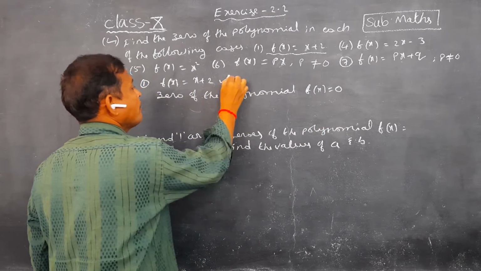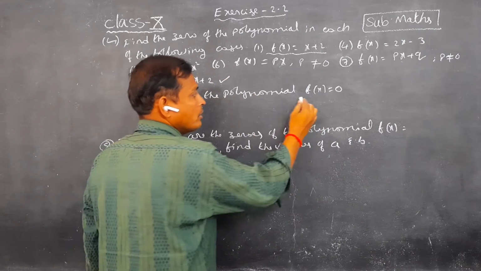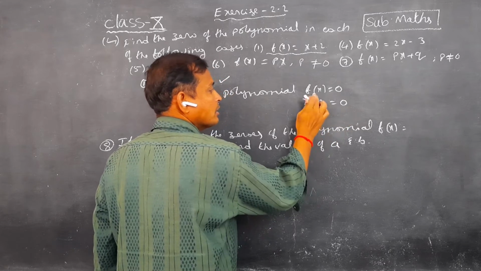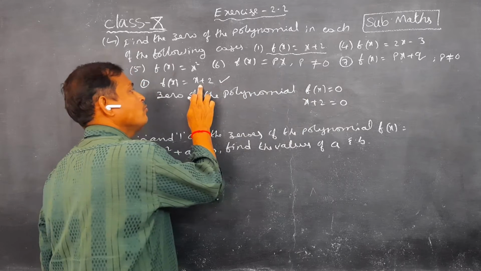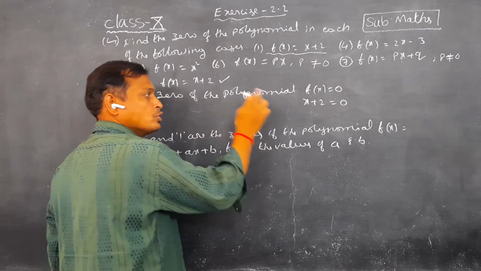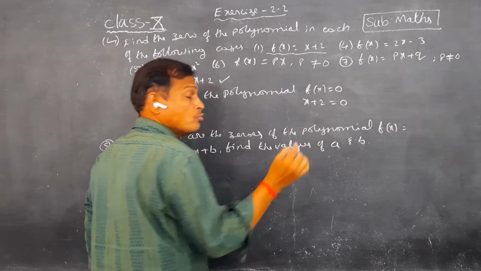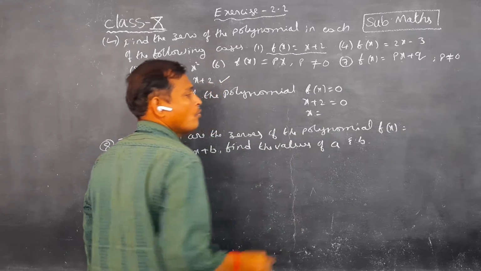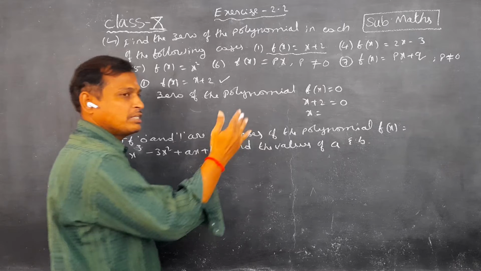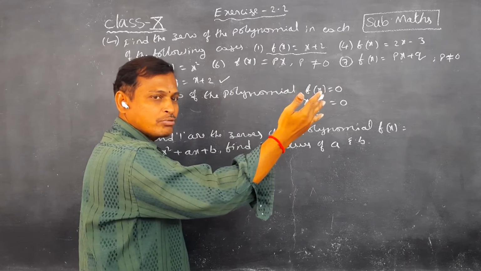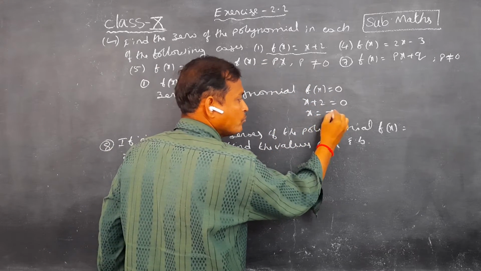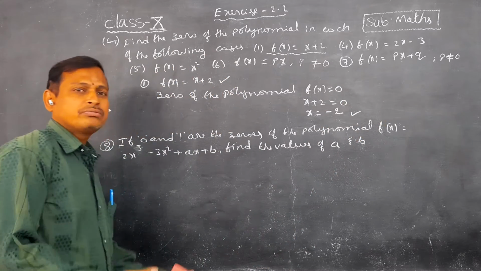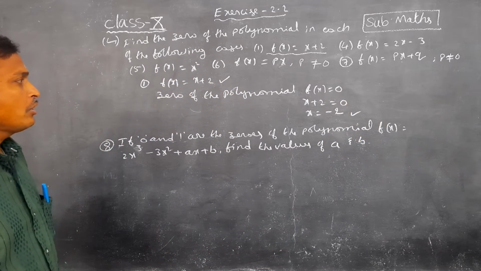So what is the f of x value in the question? In the given question it is x plus 2. So x plus 2 is equal to 0. Children, I understand f of x takes the value x plus 2, so x plus 2 is equal to 0, and we should find the x value. So x is equal to, plus 2 transposed from LHS to RHS, we must change the sign. So plus 2 becomes minus 2. So the answer is minus 2. This is the finish. Okay children, do you understand?